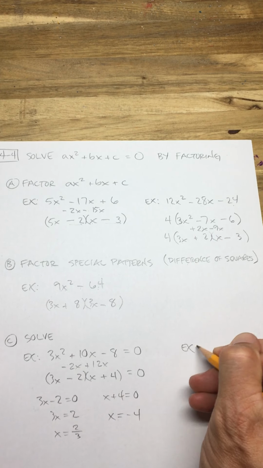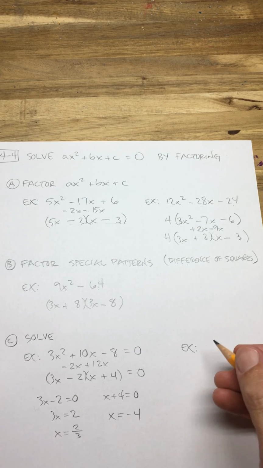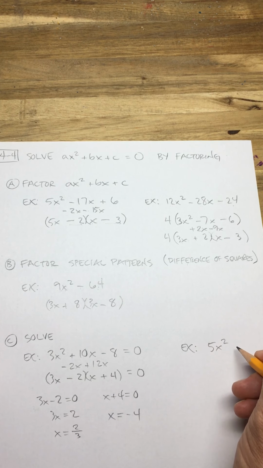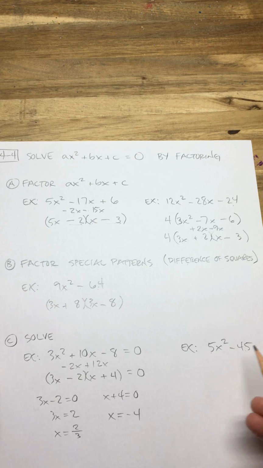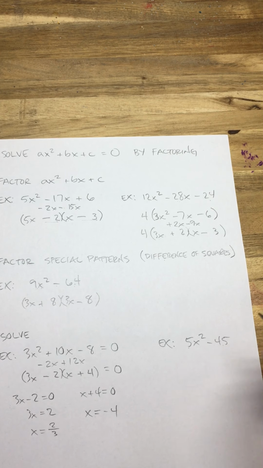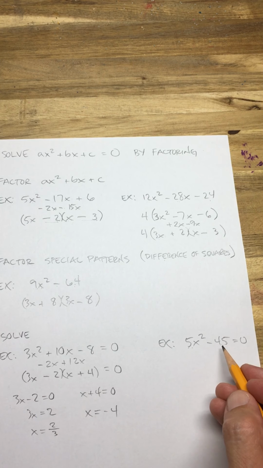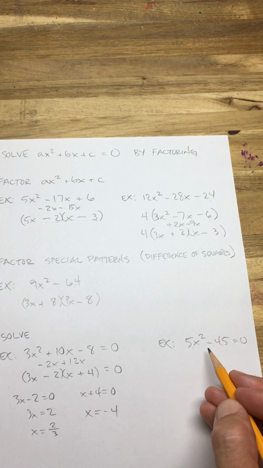Here we go. How about 5x squared minus 45? We'll do it. 5x squared minus 45, okay? That's not a perfect square, neither is that. So this is how you're going to do it, okay? And I'm also going to put equals 0, okay? All right, so notice these two aren't perfect squares. So what you're going to do in this case is factor out a 5,